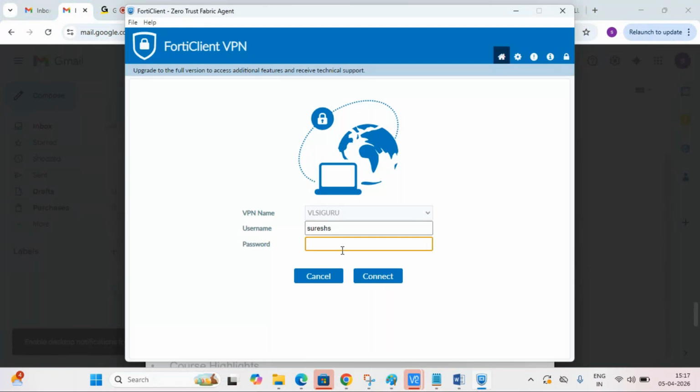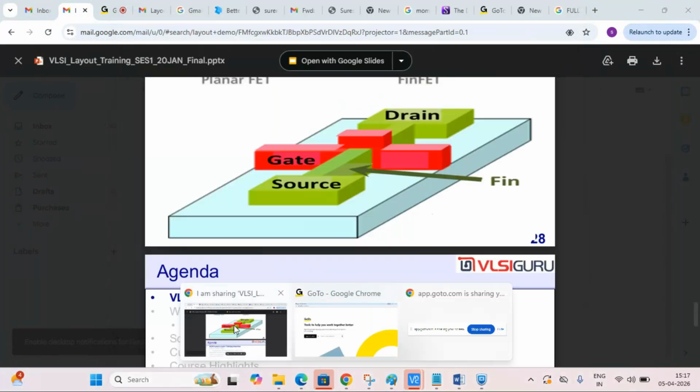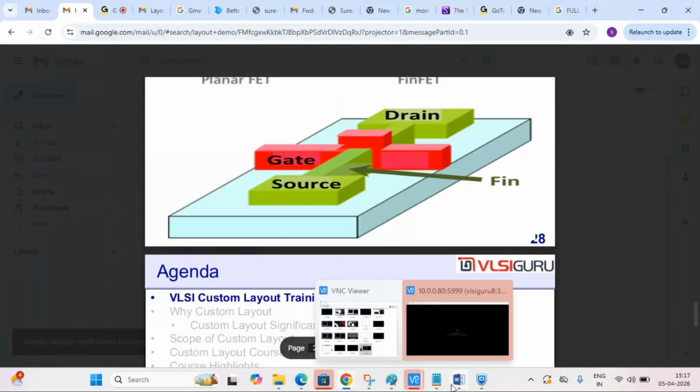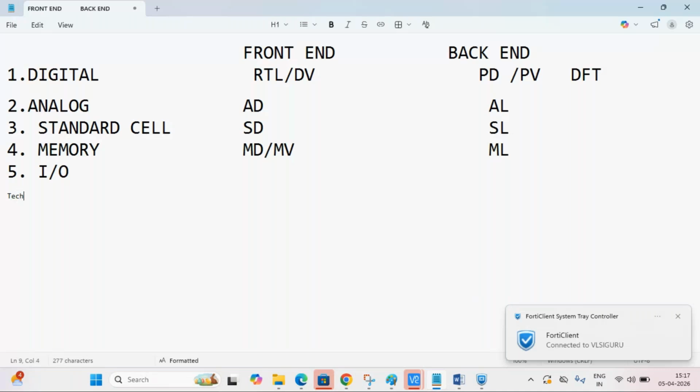Sir, I have a question. Yeah. I just want to ask for what technology node we are going to work on, and at the end, how many projects we will complete. So the technology nodes you will cover here